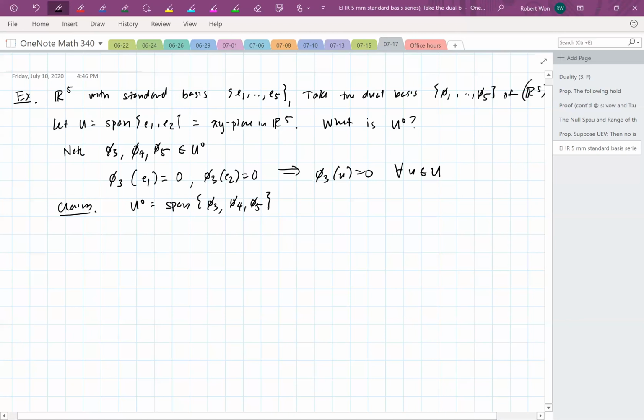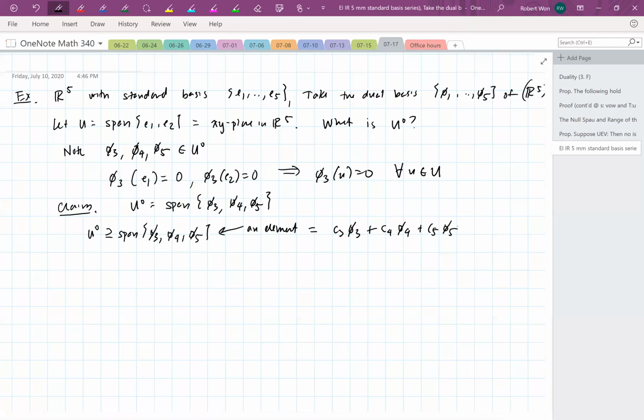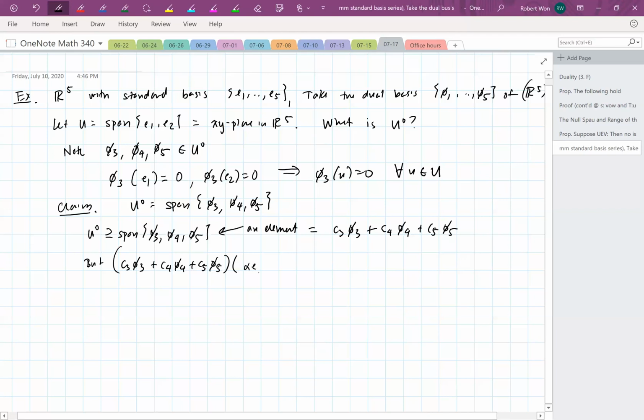So let's show this. Let's show both inclusions. First, let's show that everything in the span is in the annihilator of U. An element of this span is equal to C3 phi 3 plus C4 phi 4 plus C5 phi 5. I need to show that this arbitrary element of the right-hand side is in the left-hand side. So I need to show that it vanishes on every vector in U. If you apply it to alpha E1 plus beta E2, an arbitrary element of U, since everything is linear,